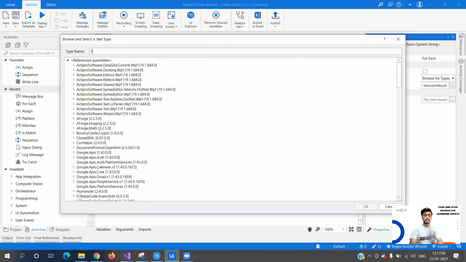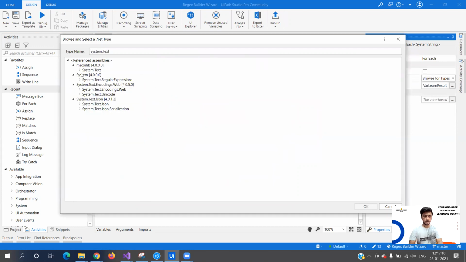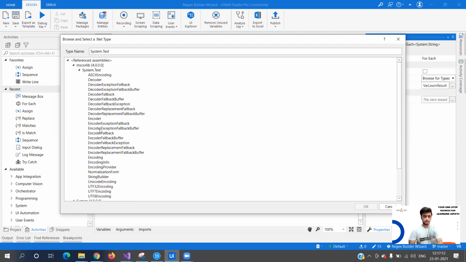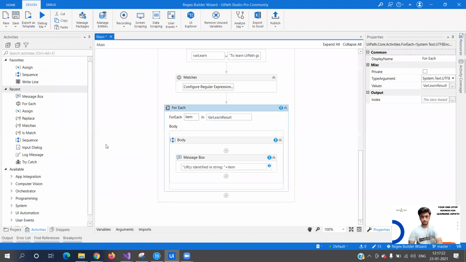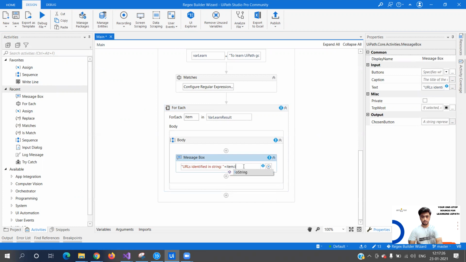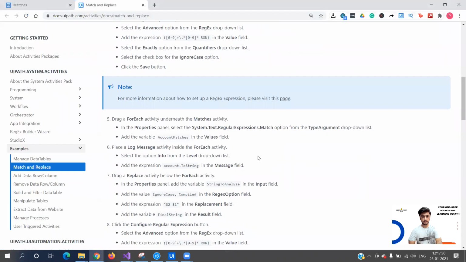This is how, even if I'm using it for the first time, I was able to identify the error. We have to go to system.text.regularexpressions. Item.ToString is what we have to use, I suppose. Let's check again.